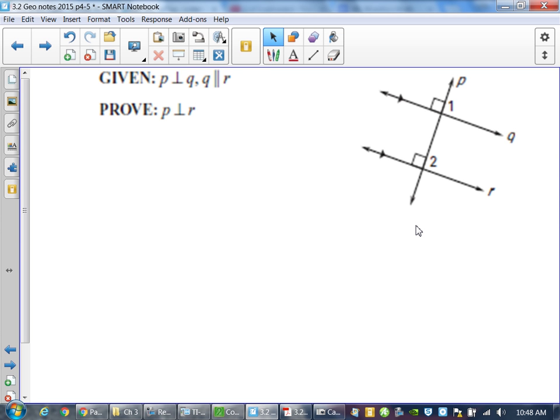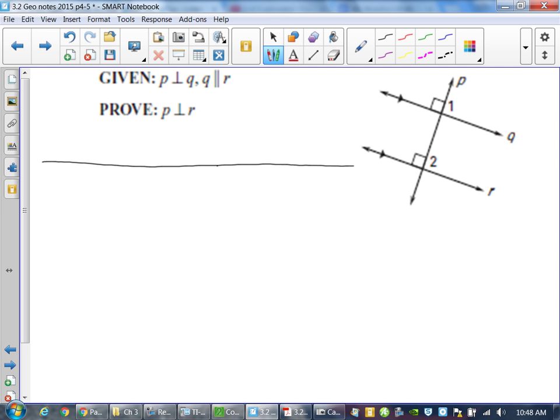What happens here is that the first thing you're given is something about being perpendicular. Now, on your progression sheet, you have information that tells you what to do if you're given perpendicular. I believe it says the very first thing to do is what? State all the right angles. Very good. So if line P is perpendicular to line Q,